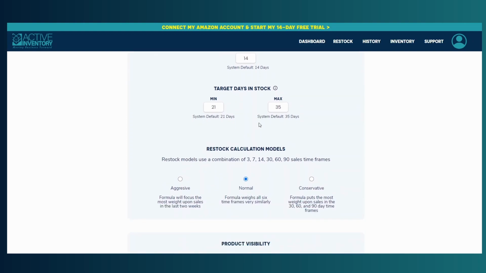The target in stock dates is based on the sales, how quickly your item is selling. It's what's known as velocity. So based on the velocity, how many days do you want in stock at the Amazon warehouse? Our default settings are 21 days is the minimum you want, and 35 days is the maximum. So it's going to be between 3 and 5 weeks of stock at the Amazon warehouse based on your current